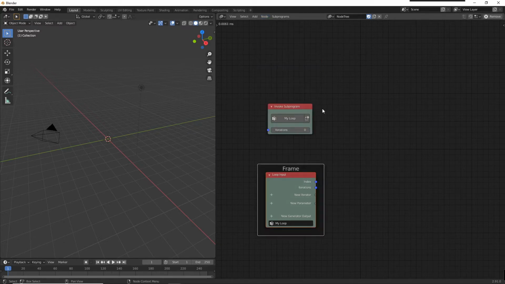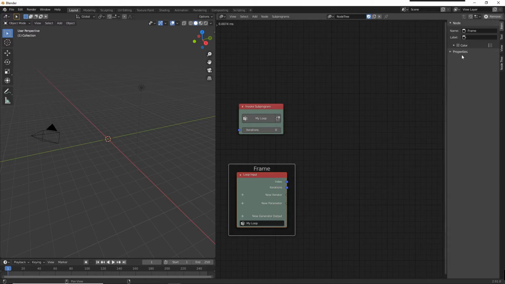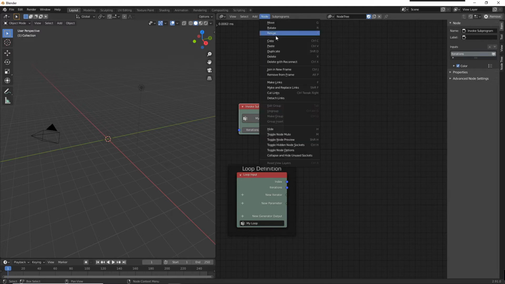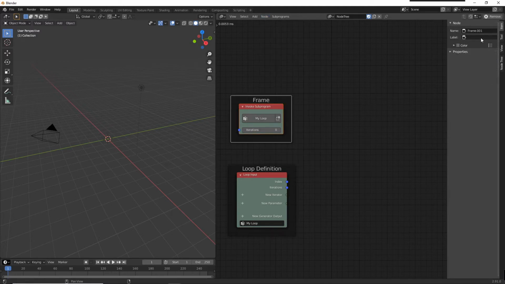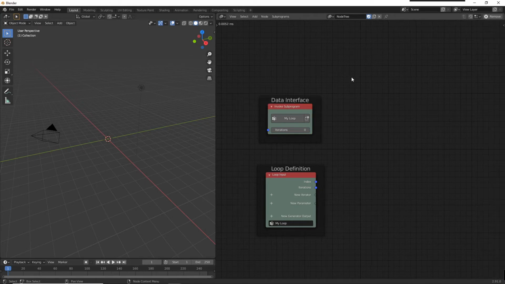So let me add a frame to the loop node, open the right side panel and type in the label. Now I add a frame to the invoke node and type in the second label here in the side panel also. This doesn't have any functional influence, but it helps to visually distinguish the two parts of the node tree.